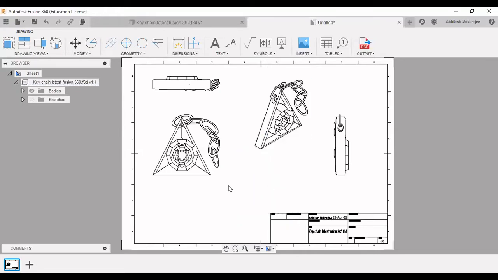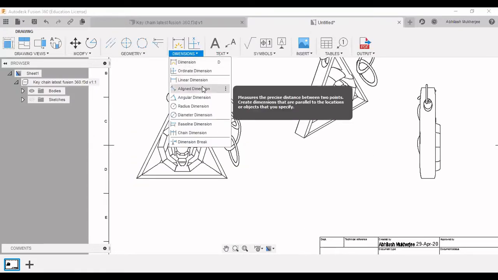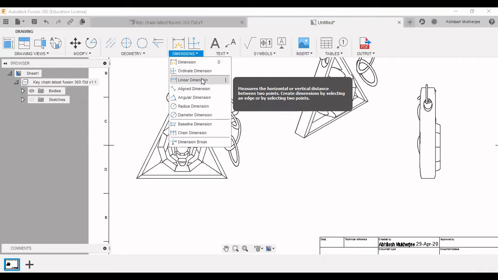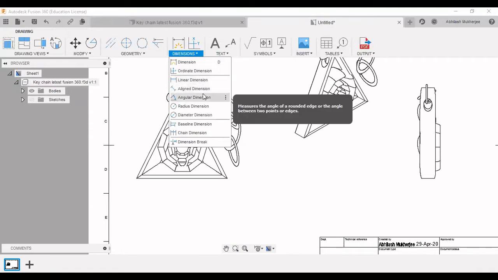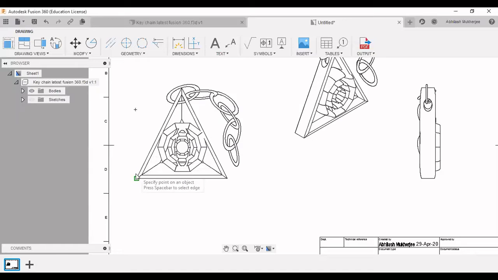Now what are the various things we can do in this panel? We can set the dimensions for it. We can mention the dimension, go to Dimension. Now there is the line dimension, the linear dimension, which we'll be using the most, and the angular dimension. These three dimensions are very important. The line dimension is to measure the length of any aligned line. Let's say of this line we want to show this length. So this is about a line length, line dimension.